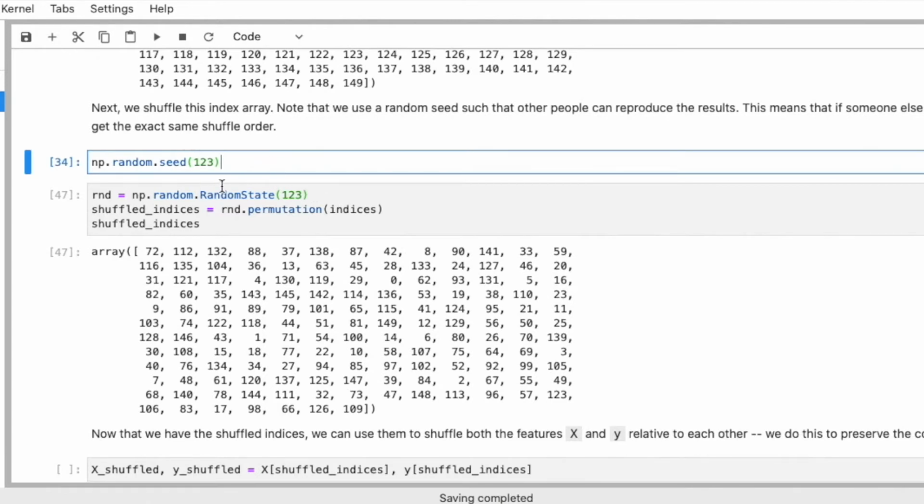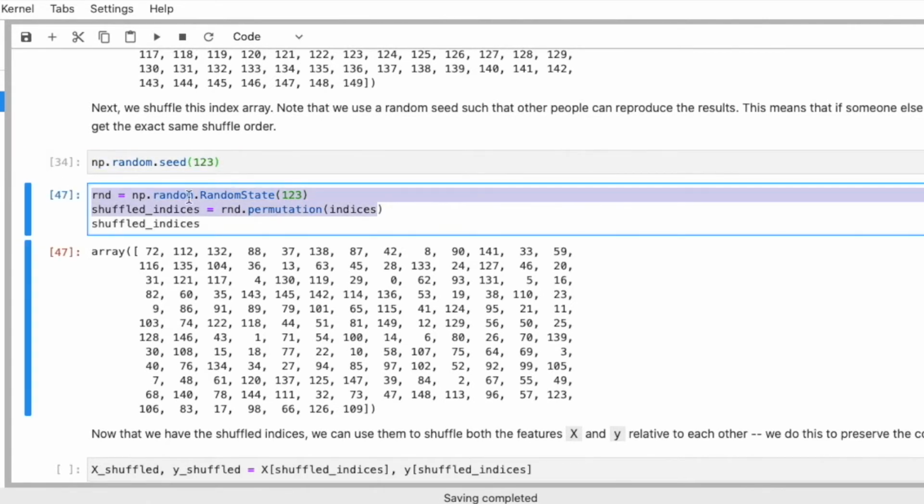You can also use a random seed manually like this. But sometimes when we make more complicated pipelines, especially in my deep learning work, I have a separate random state for different parts of my code, and I like to keep them separate. If you set the random seed like this, it affects all the code globally, which I sometimes don't want. But you can also use NumPy random seed instead of this one here.